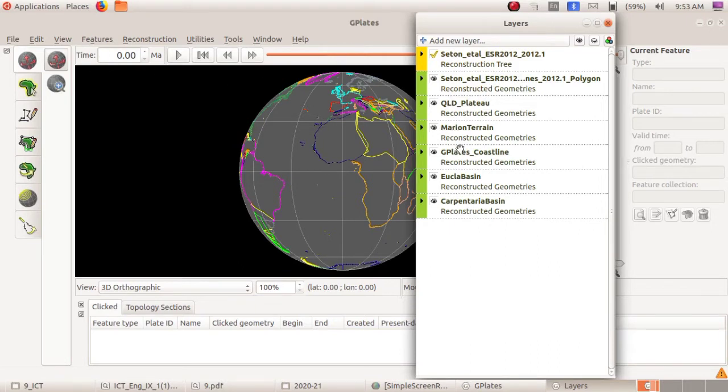Here you can see the toggle visibility. Can you see the icon of an eye? See, this is the toggle visibility key. Okay, toggle visibility is indicated by the sign of an eye. By clicking on that you can see the difference. You can show or hide the layer by clicking on the toggle visibility option. So what is the use of toggle visibility? We can either show or hide each layer.